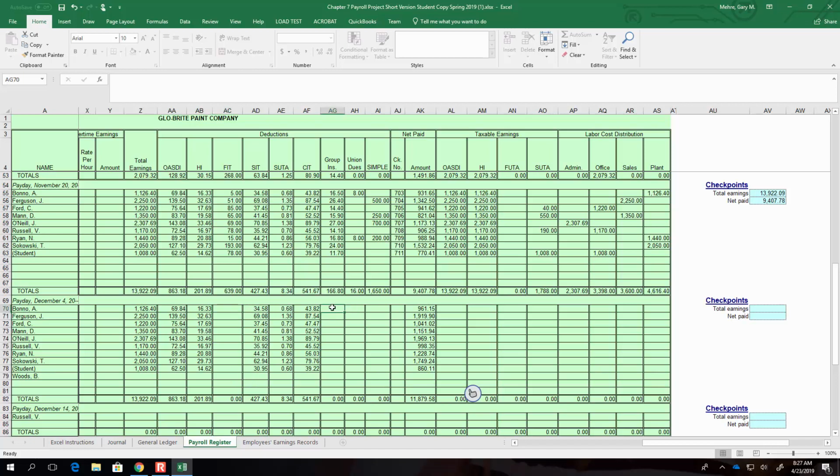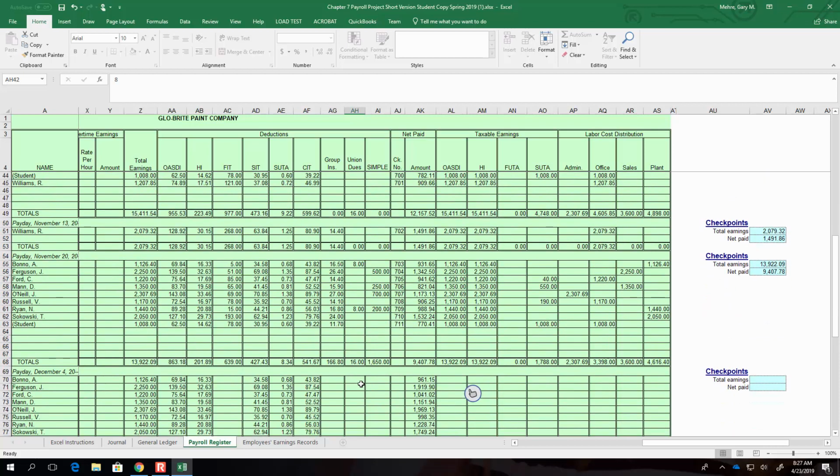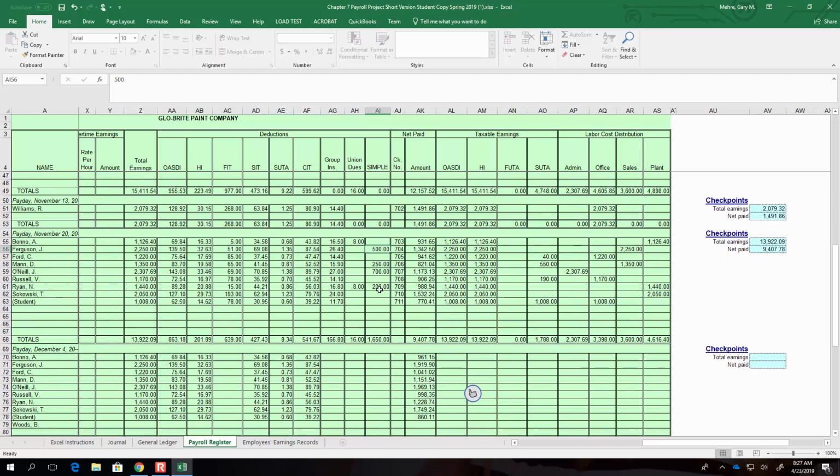Also, there are instructions about group insurance. You'll notice on group insurance it's the last payroll that it's taken out. And then union dues are taken out every payroll. And finally, the simple IRA is taken out for these four individuals every payroll. So look through those instructions on A1 through basically A9 as to the background information for this payroll or the